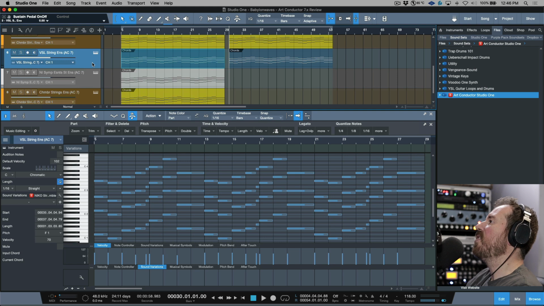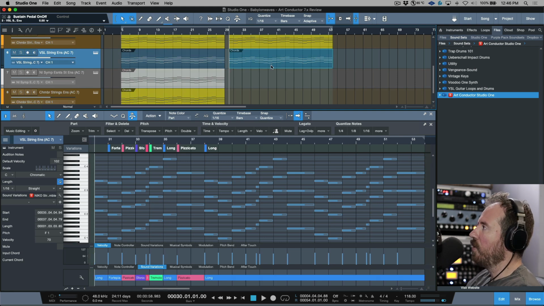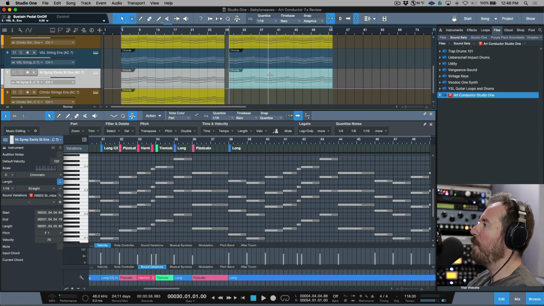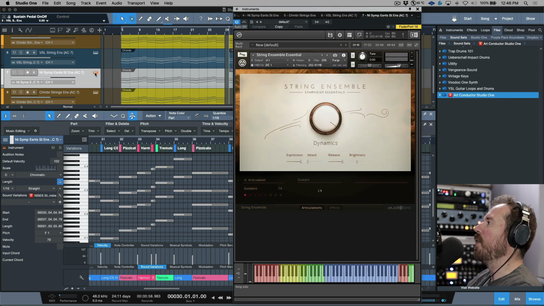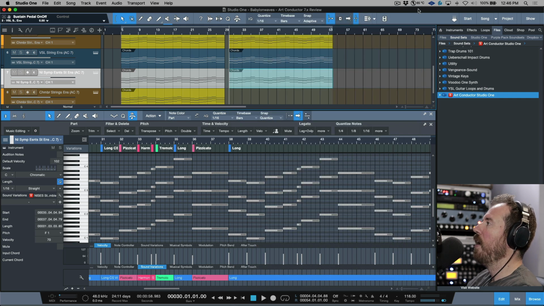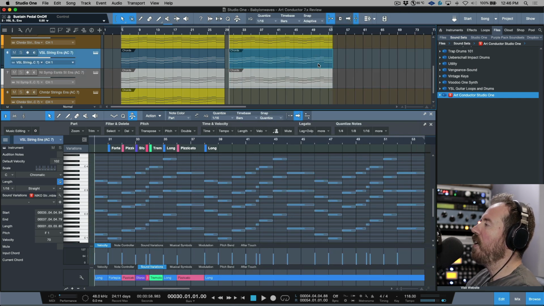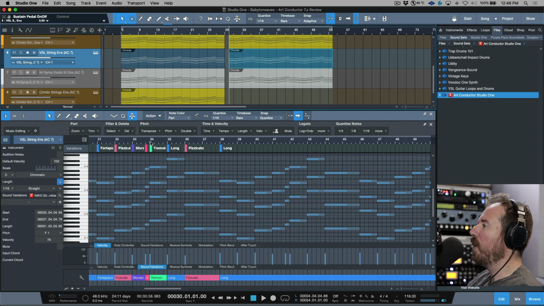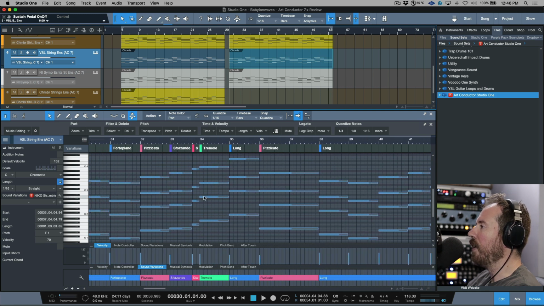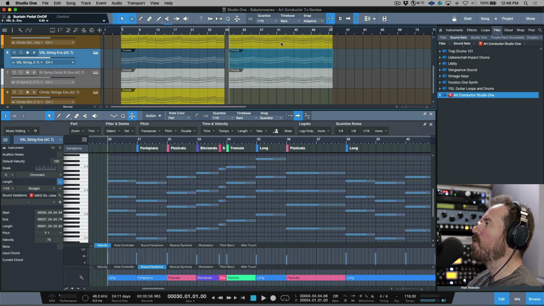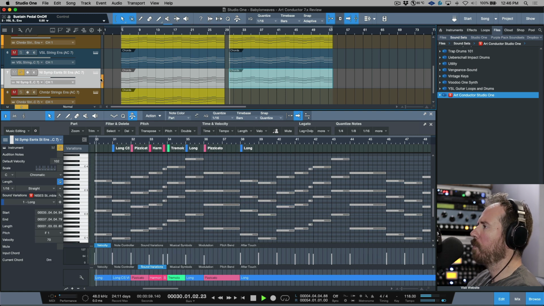But in these cases, this is very easy now to do something like this, where I can just Alt-Option drag down and take a look at this. This is a different instrument. This is the string ensemble, the Symphony Essentials string ensemble. And when I dragged the instrument part from this track down to the other, notice that it did a really good job in terms of translating these different sound variations. So if I was to play this now,